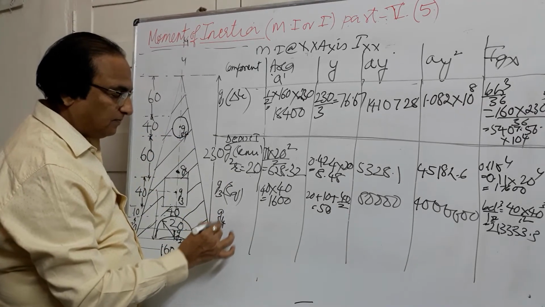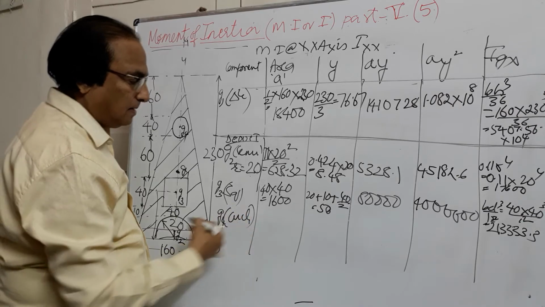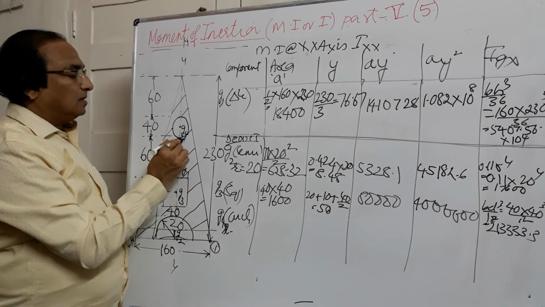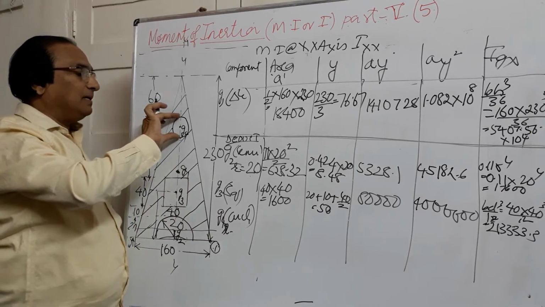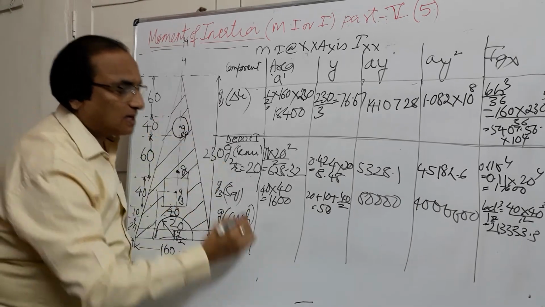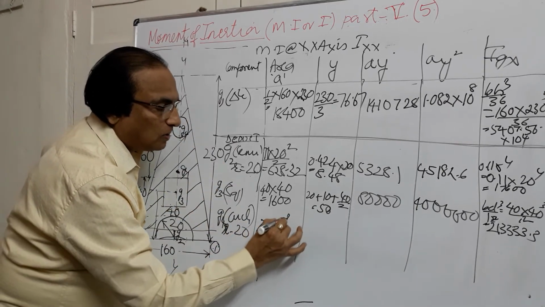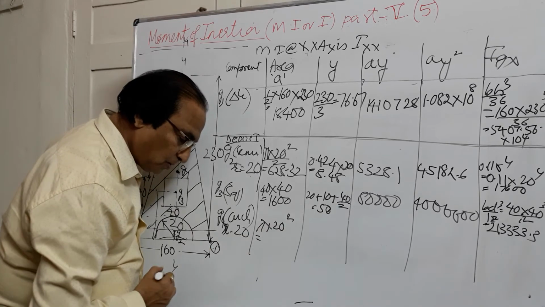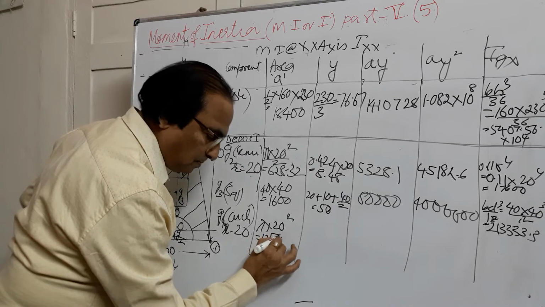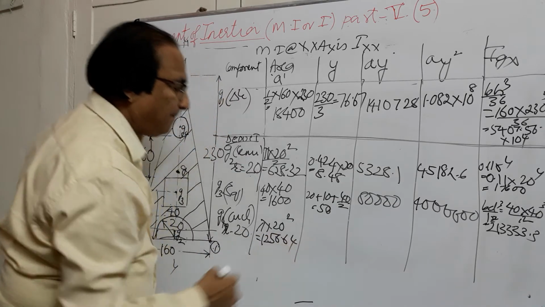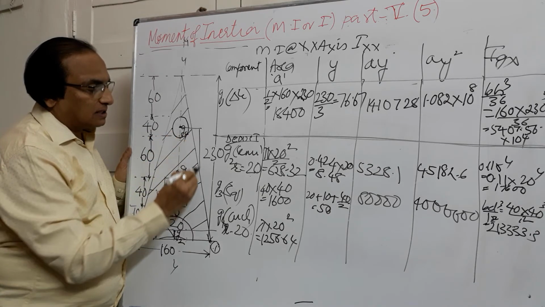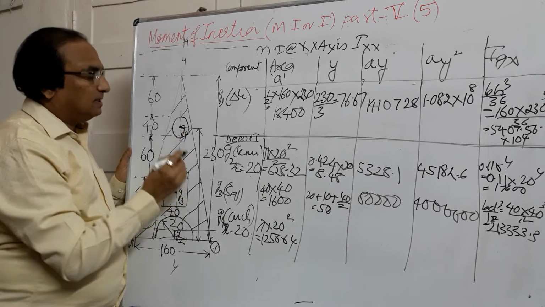We are going to deduct G4. G4 is a circle. You should write the radius, always, for circle, semicircle, quarter circle. Now here this is given to us as 40, so the diameter is 40. So here the radius will be equal to 20. Area of circle will be pi r square. If you simplify this, you get the value as 1256.64. Now we know the center of the circle is at the center and I want this distance from 1-1.